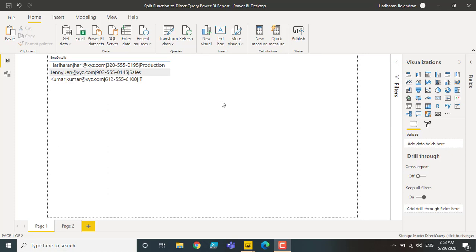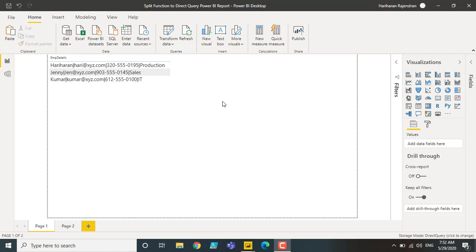In this video, I'm going to show you a split function in DAX. As you know, split function can be achieved easily in DAX or in Power Query itself. But I have a scenario. One of my clients is using a table which is a huge table, so they are trying to use direct query mode for that table. When we have a direct query mode, it is very difficult to achieve that split functionality in Power Query as well as in DAX.